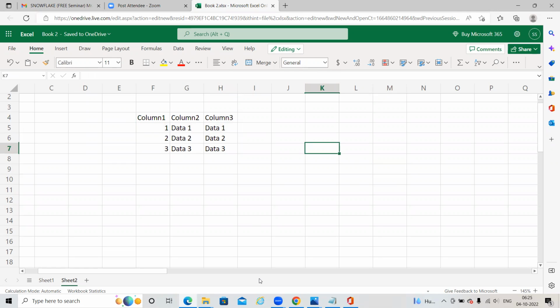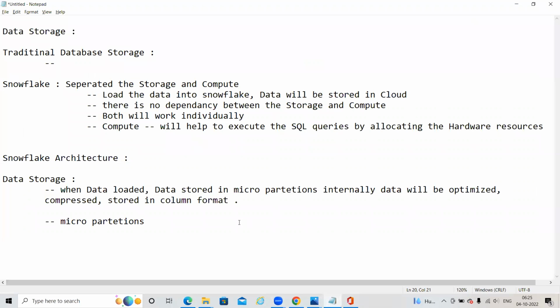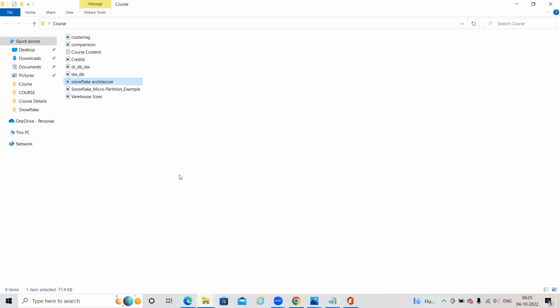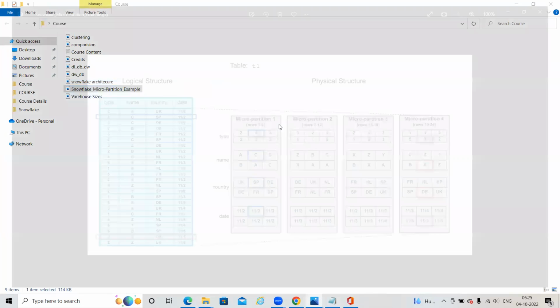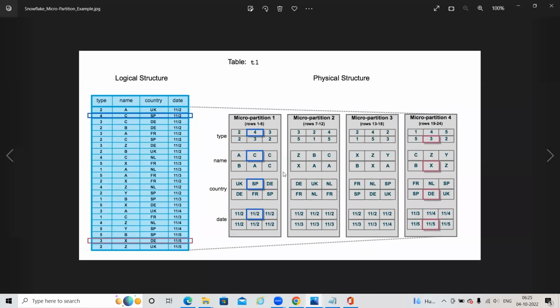In the case of Snowflake, the data will be stored in a columnar format. This is a diagram of the columnar format. When the data is stored into a database in Snowflake, this is an example of your table data. The table has columns: type, name, country, and date. So this is our, as usual, traditional data.